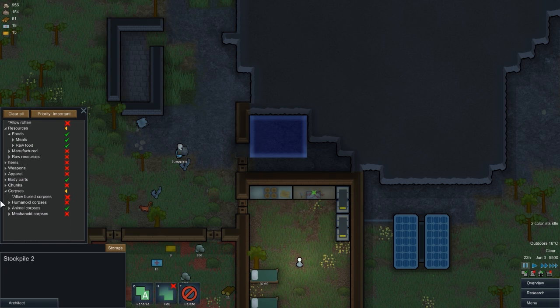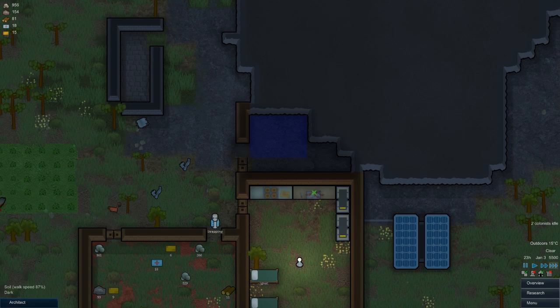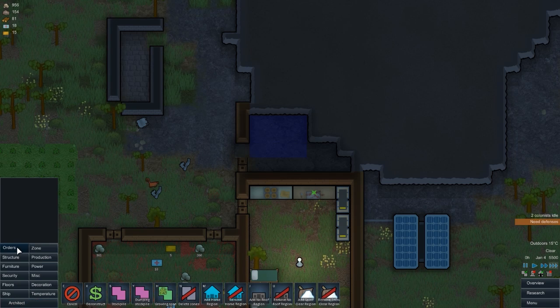Don't need to store any raw resources. Animal corpses, that's all fine. Yeah, I think we're about right there. There we go. Obviously don't want to allow rotten body parts. Yep. I don't know what butchered animals are classed as. Either way, we'll leave it there and we'll see what happens. So, we're going to deconstruct the butcher's table because...